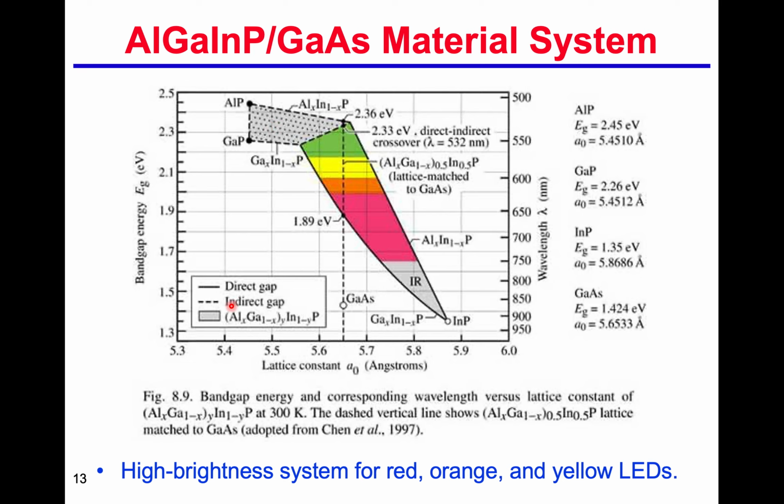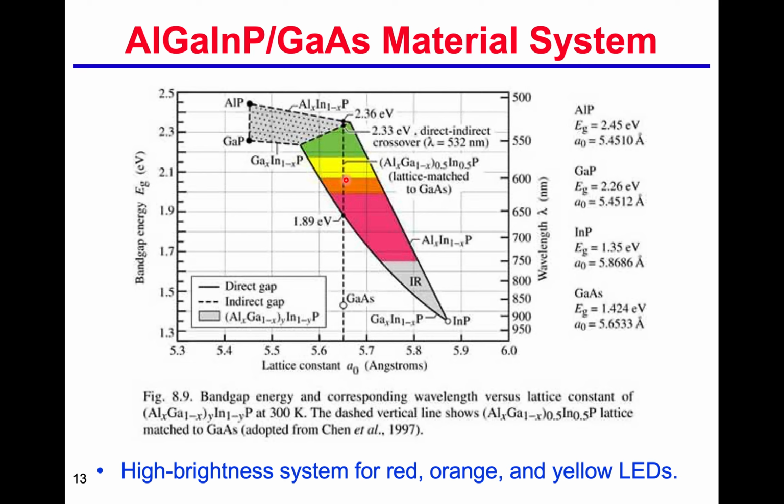That means it is in the red gap, in the red band gap, which means, maybe we talked about that in chapter 3, the minima of the conduction band does not coincide with the maxima of the valence band in K space. So which means the result is actually the radiative recombination is not efficient in this region. So which means we can use it as green or yellow or orange or red with